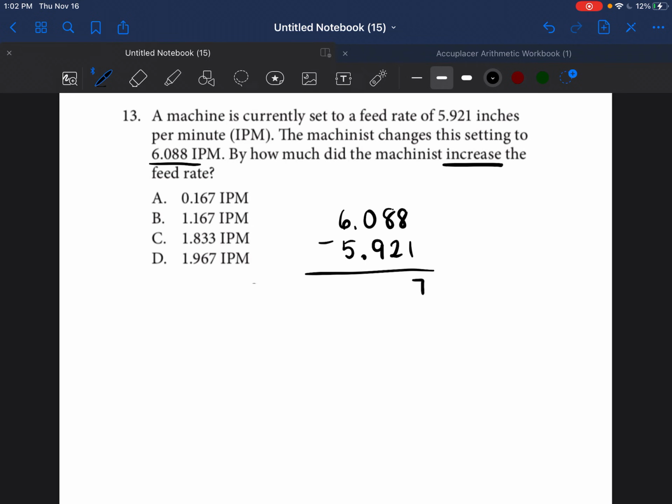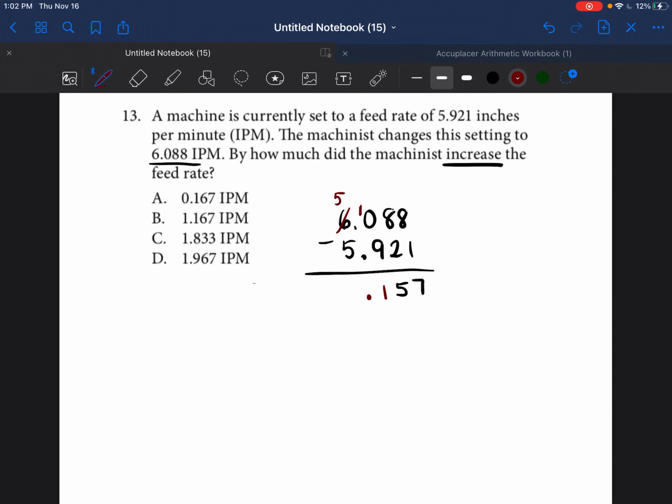8 minus 1 is 7. 8 minus 2 is 5. 0 minus 9. So do you remember how that's done? You have to go to its friend. You have to borrow 1, so the 6 becomes a 5. And then you borrow the 1, so the 0 becomes a 10. So now you do 10 minus 9, which is 1. And 5 minus 5 is 0. We bring down the decimal point. So the answer is